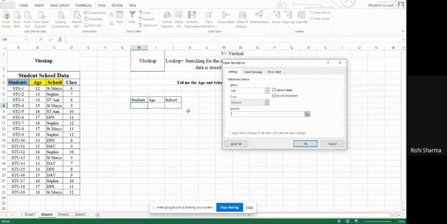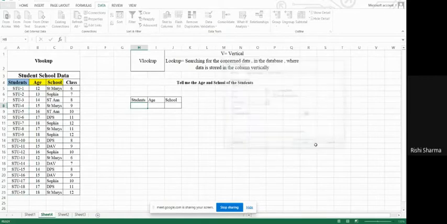Go to Source and select all these students. Once you select all the students, this line will keep on fluctuating like this. It means this is an area which has been selected. Click on OK, and you will see that a drop down box has come. Now it will show you all the students from 1 to 19.